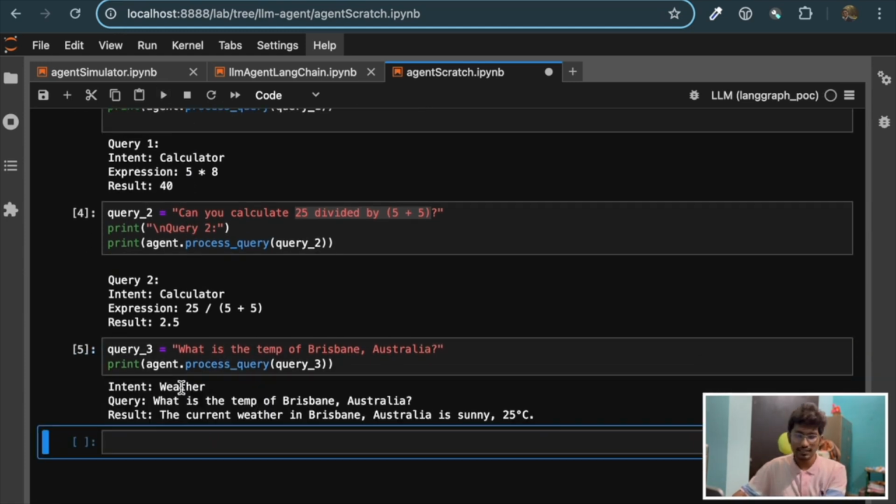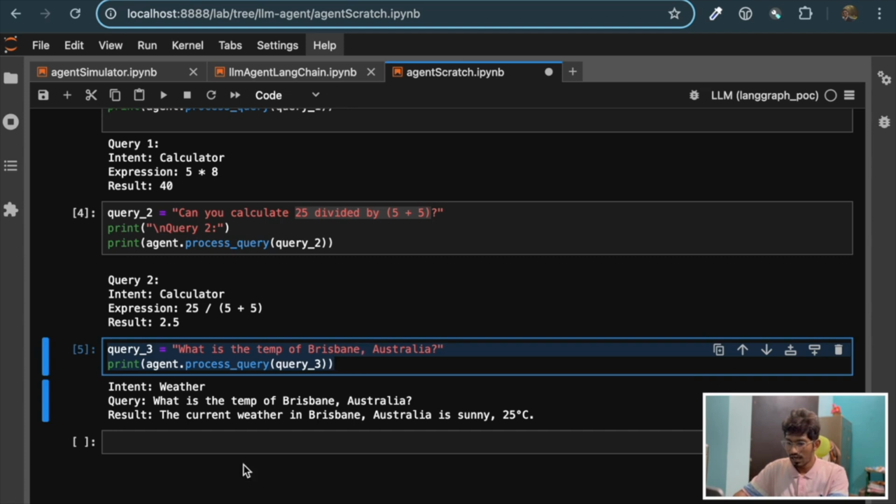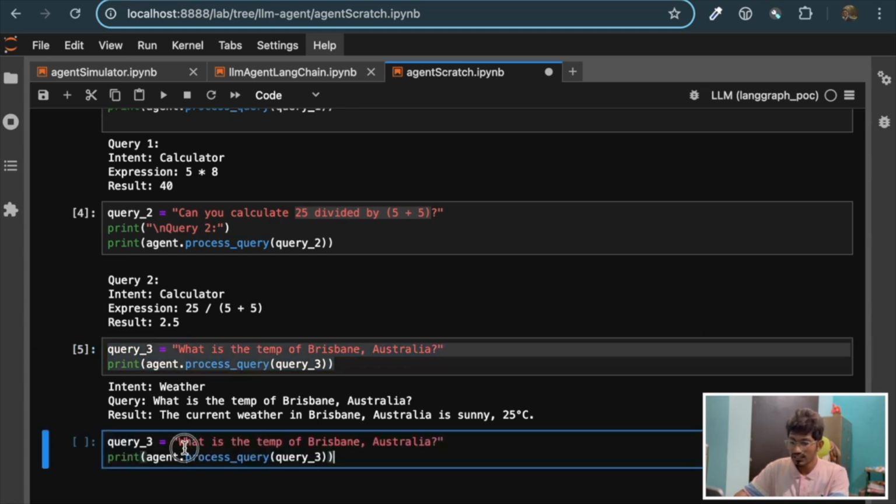It understood that the intent is to do a weather calculation, and the query is what is the temperature of Brisbane, Australia. So the current temperature of Brisbane, Australia is 25 degrees centigrade, right? Now if I just ask something out of the box, which it doesn't know,